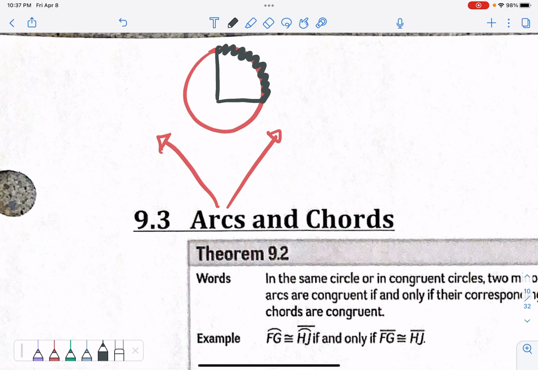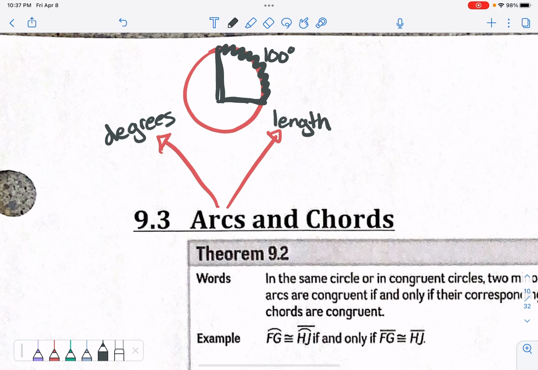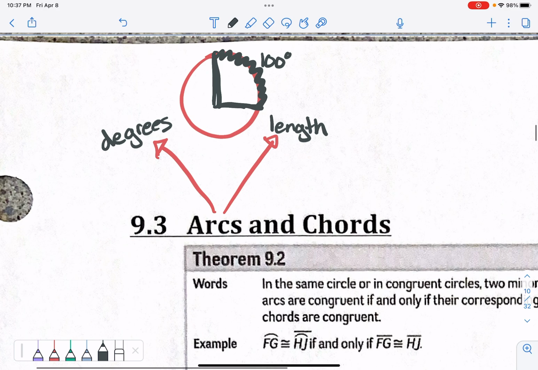So for the different measurements of an arc, we can measure an arc in degrees. Like this arc might be, I didn't do a very good job of drawing, let's say that arc is 100 degrees, okay? Or you can have a measurement for the length of the arc, in which case, say the radius is 5,